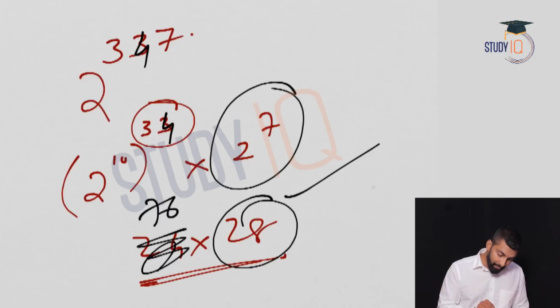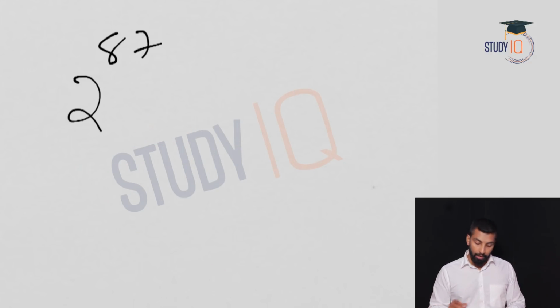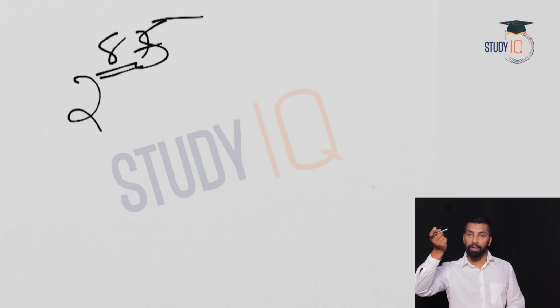So one more, 2 raised to 87 or 2 raised to 85, 80. 80 means 10 raised to 8, it's even, right? So what you need is 2 raised to 5, that's your answer, 32. One more, 2 raised to